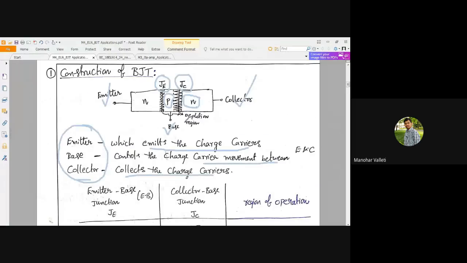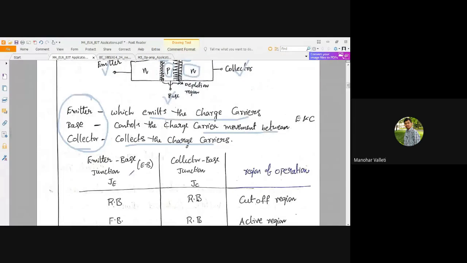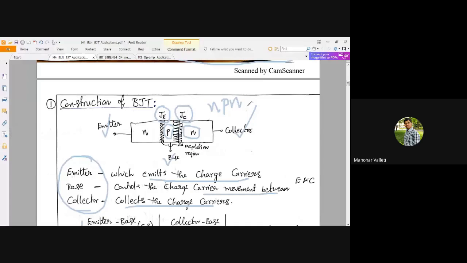And if you want to operate this device, there are three different regions of operation of this BJT. The BJT we are discussing here is the NPN BJT. As we have two junctions, we can call the emitter junction the input junction and the collector junction the output junction. And the popular way of connecting this NPN transistor in electronic circuits